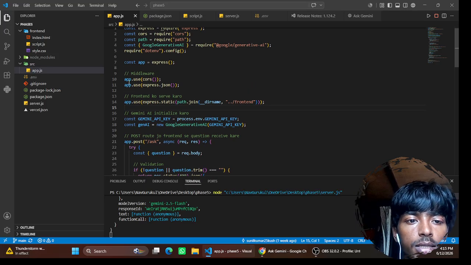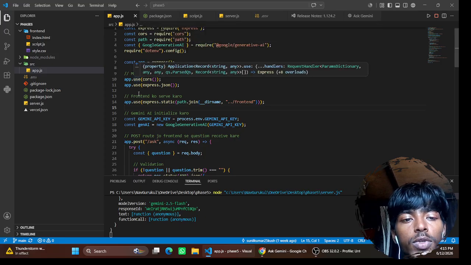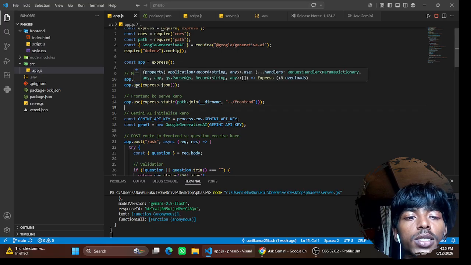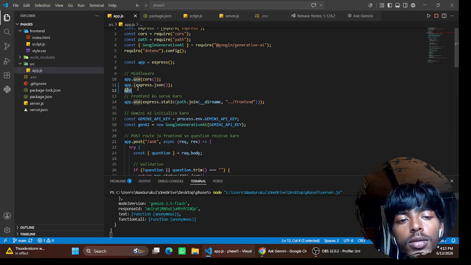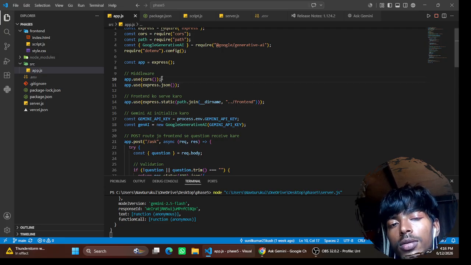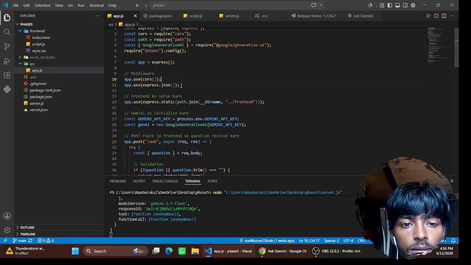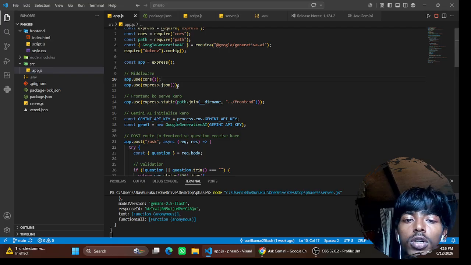And one thing is here, we use middleware, app.use. If we have to use a middleware, we must use the keyword .use. It is a kind of syntax for using a middleware. This middleware cors is for connecting front end and back end, and express.json is another middleware. What is the work of